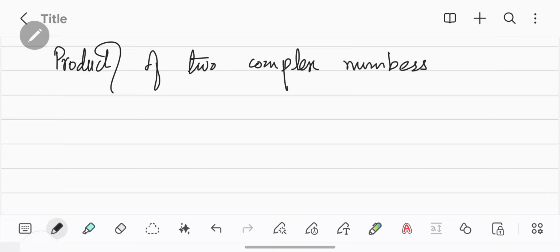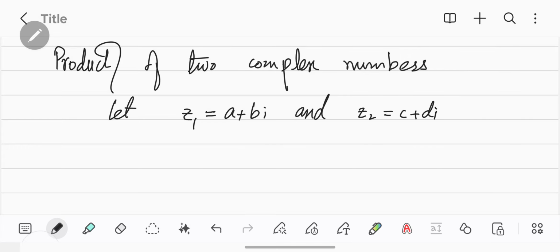Hello, in this video we will talk about the product of two complex numbers. Previously we had done the product of two complex numbers, but this time we will convert our complex numbers into polar form, and then we will do the product of both of the complex numbers. Suppose you have two complex numbers. The first one is z1 and the second one is z2. These are the two complex numbers in